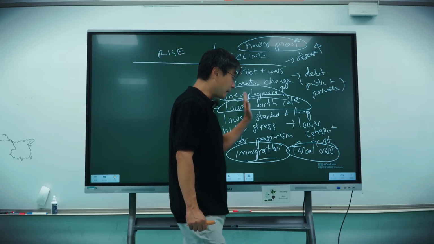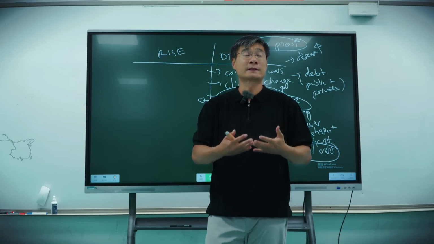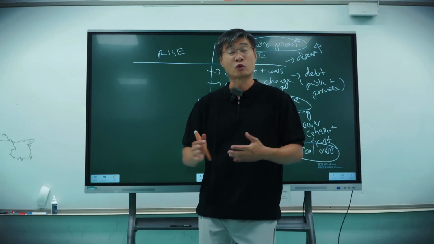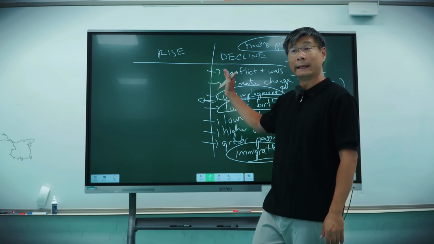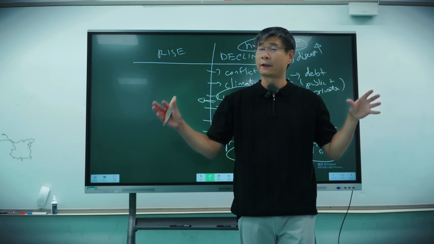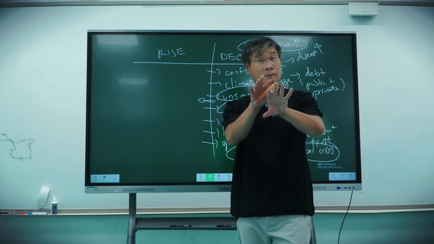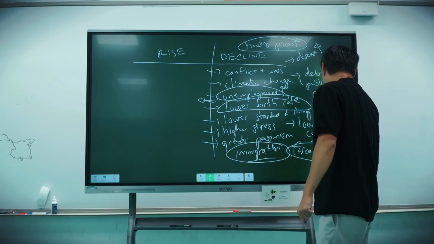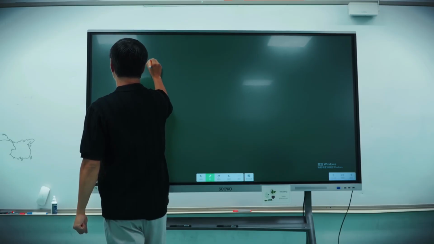All right, now having done this, what I'm going to do now is go over some theories as to why this is happening. Why is the world in decline? There are lots and lots of theories, but I will present 3 theories to you that I think are interesting. The first is the idea of financialization.